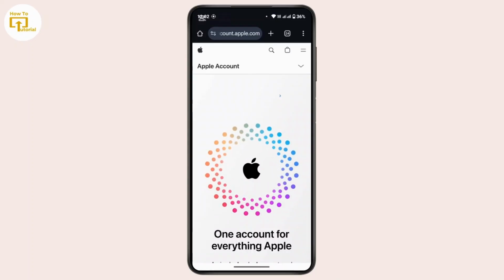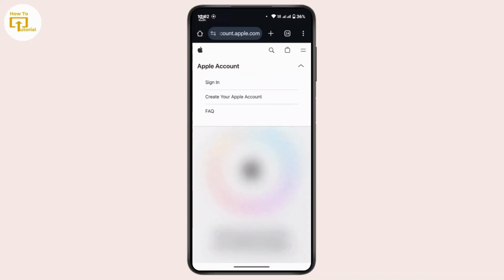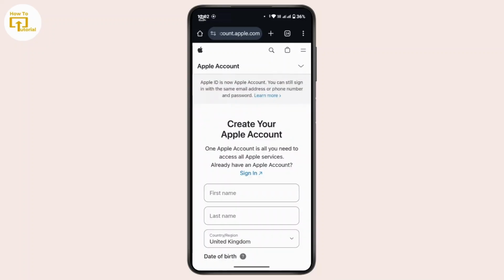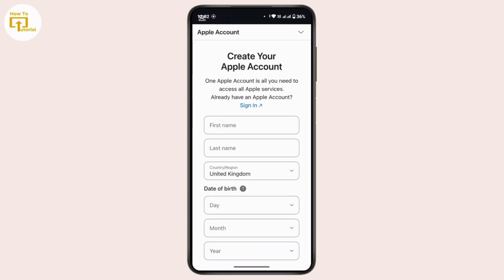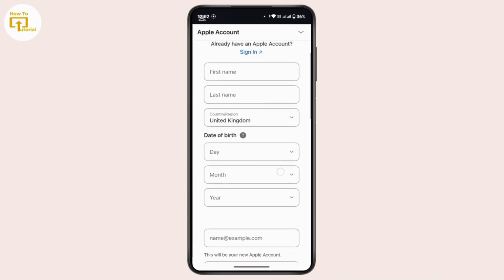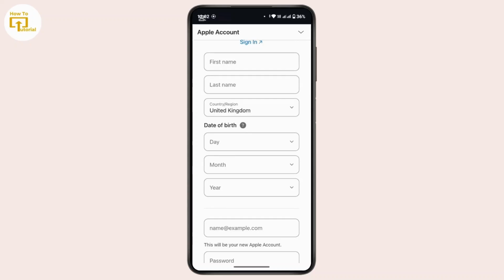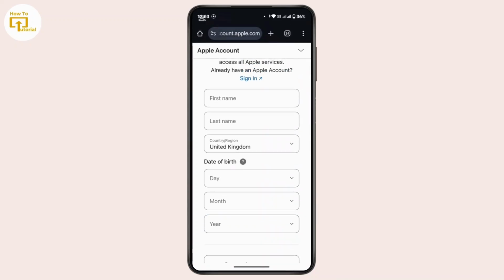Here, tap on the drop down next to Apple account at the top of this interface. So from this option, tap on the second one that says create your Apple account. Now, you will be taken into this page where it says create your Apple account. Here, you have to fill in all this necessary information in order to create your Apple account or your